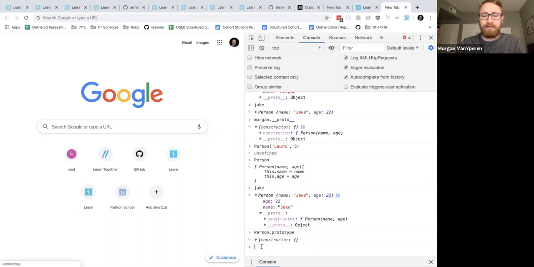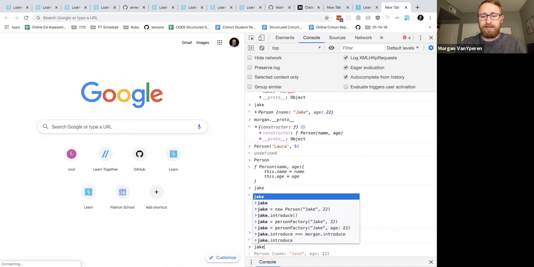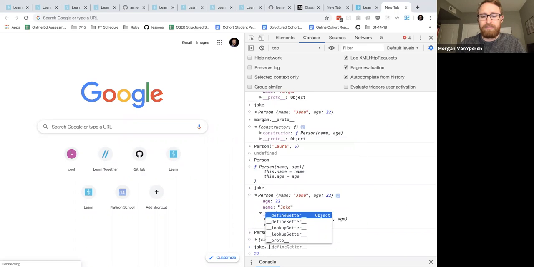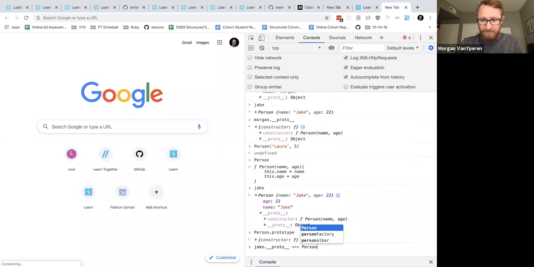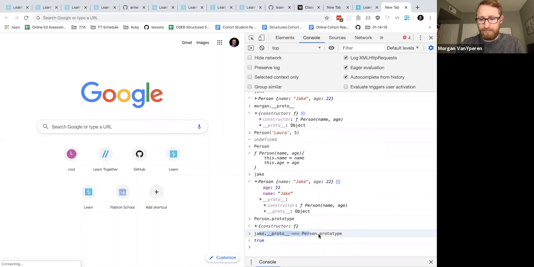So Jake.__proto__ equals Person.prototype. That's true. So these are the same thing. So the class.prototype is the same as the instance's __proto__. The reason this is important is that